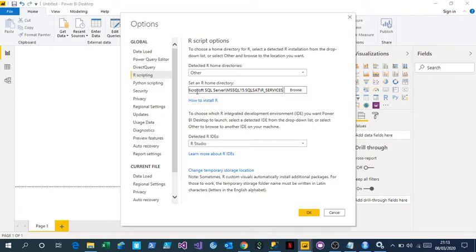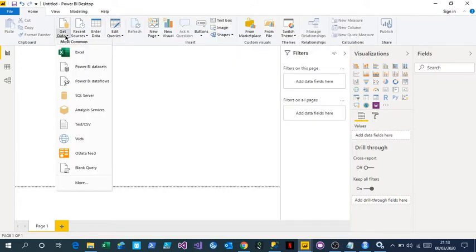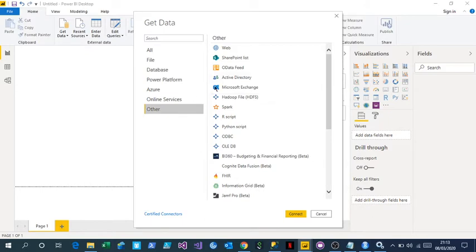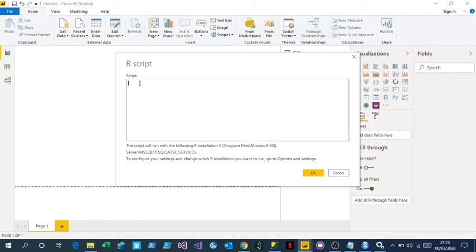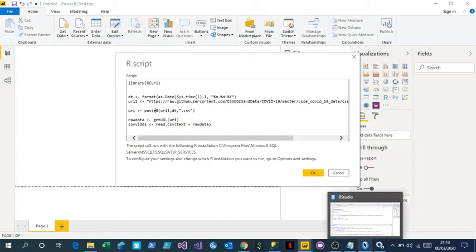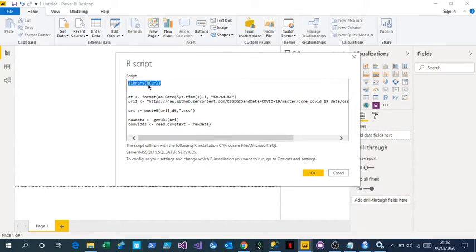So I've already done this. So now after doing this, we'll connect to our script. And now if I copy paste the piece of code from RStudio, I'm just loading the R curl package. I've already installed it, I'm just loading it here. And then what these two lines are doing is,